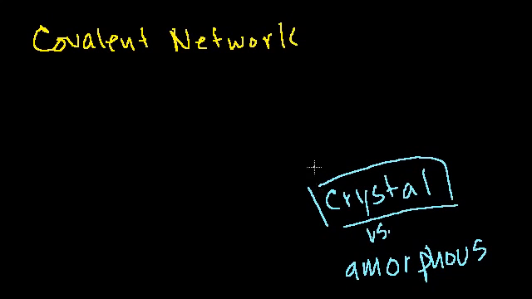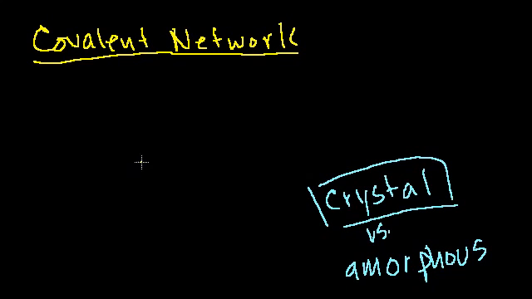Ice is a crystal because once you get the temperature low enough in water, the hydrogen bonds form a crystal, a regular structure, and we've talked about that a bunch. But the strongest of all crystal structures is the covalent network. And the prime example of that is carbon when it forms a diamond.